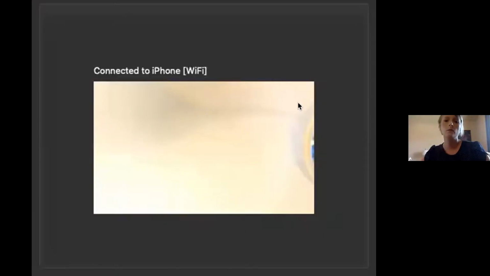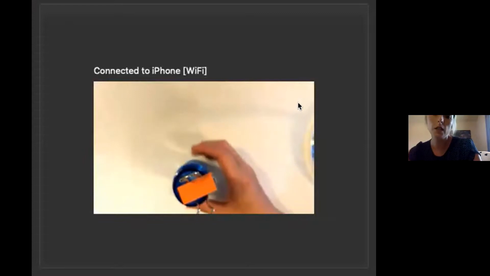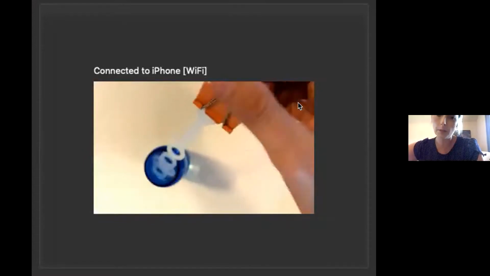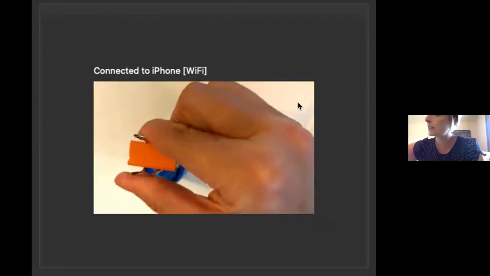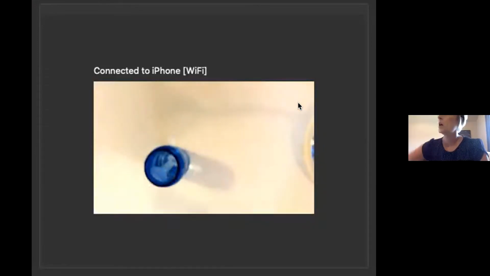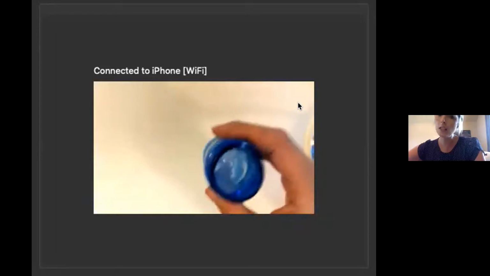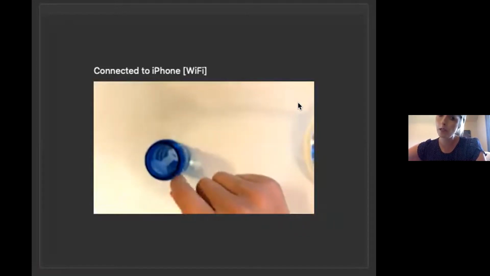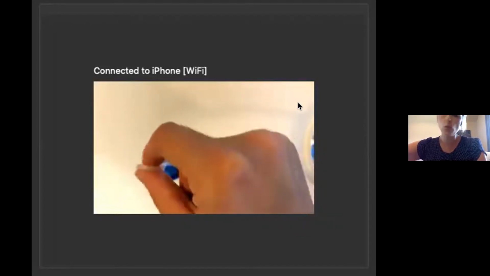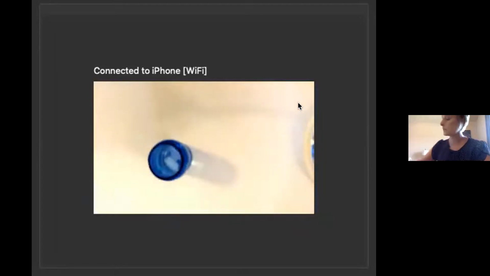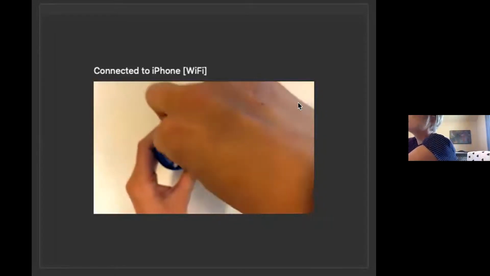So the bubbles. I adapted these bubbles also with a binder clip because how many times has one of your kids said, I can't get the wand out. I can't put my fingers in there. I can't get it out. It's too slippery or whatnot. If you put a binder clip on it,